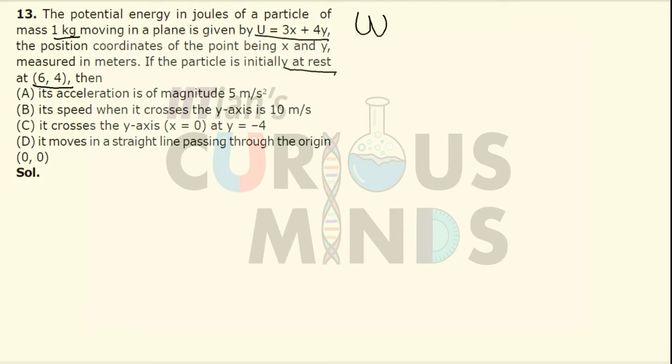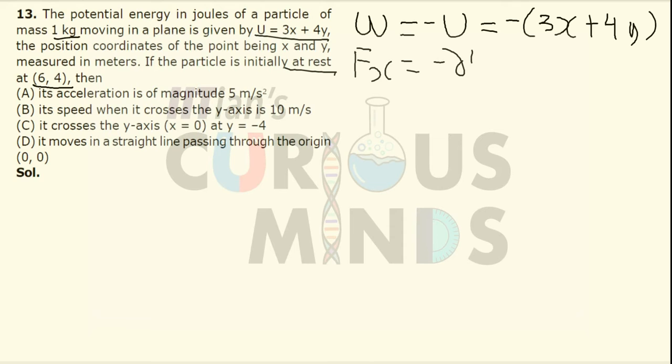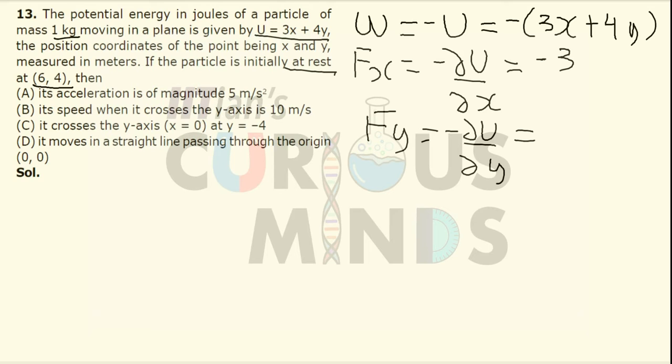Now understand that work done will be equal to the negative of the potential energy, which will be negative of 3x plus 4y. If I want to calculate the force in the x-axis, it will be the partial differentiation of dU by dx. Partial differentiation means that when I differentiate with respect to x, I say that y is constant, and when I differentiate with respect to y, I say that x is constant. So the force in the x-axis comes out to be minus 3, and the force in the y-axis will be similar, minus dU by dy, partial differentiation,